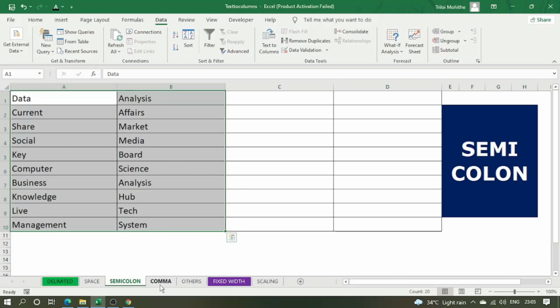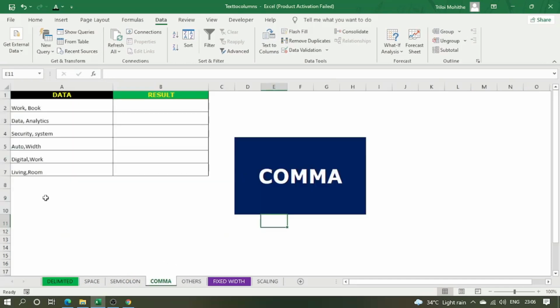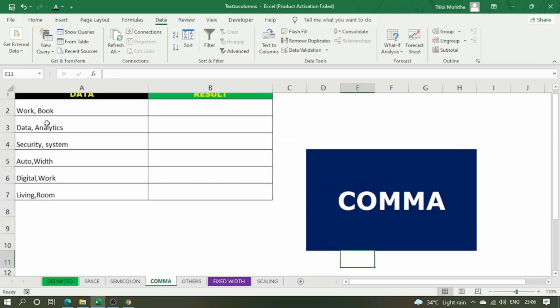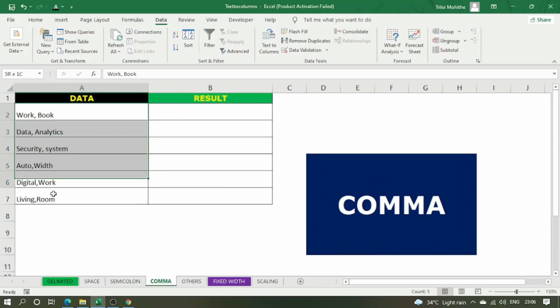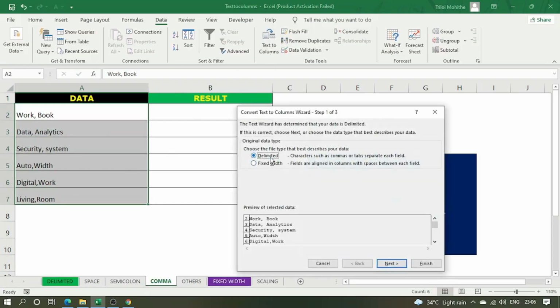Now, the next option we have is comma. So we can see over here, there is a common thing in this data, which is comma. So work, comma and book. Like this, we just want to divide the data between these two words. There is a common thing, comma. So what I'm going to do is select the particular data and text to columns and then delimited, next.